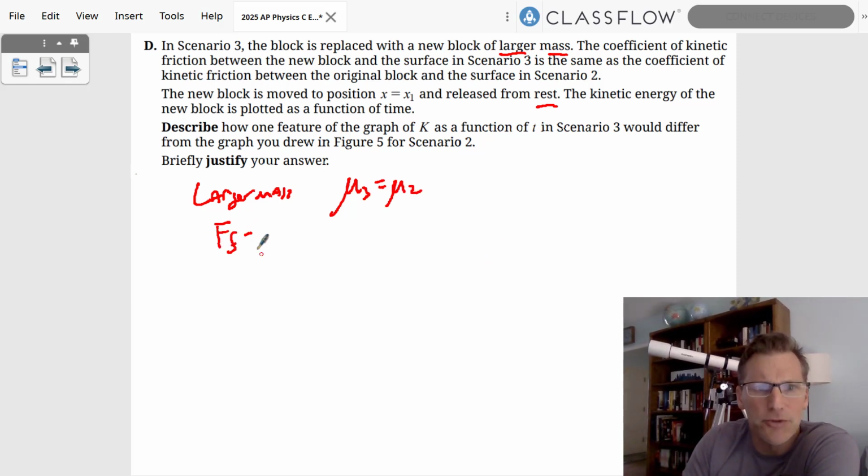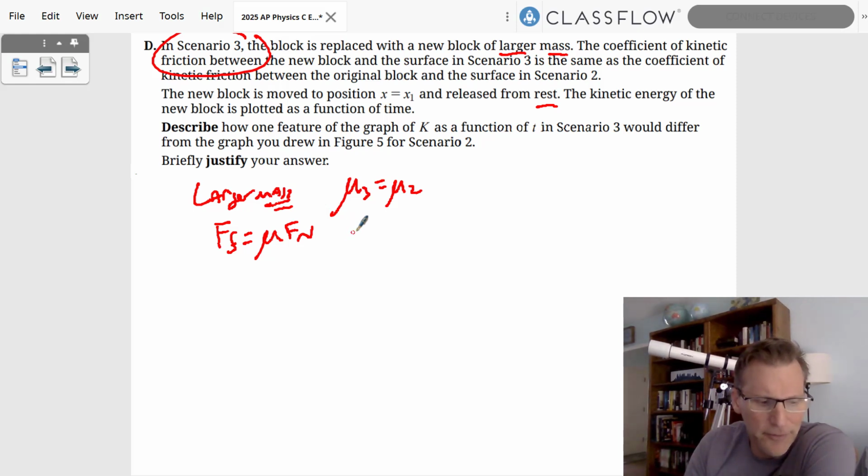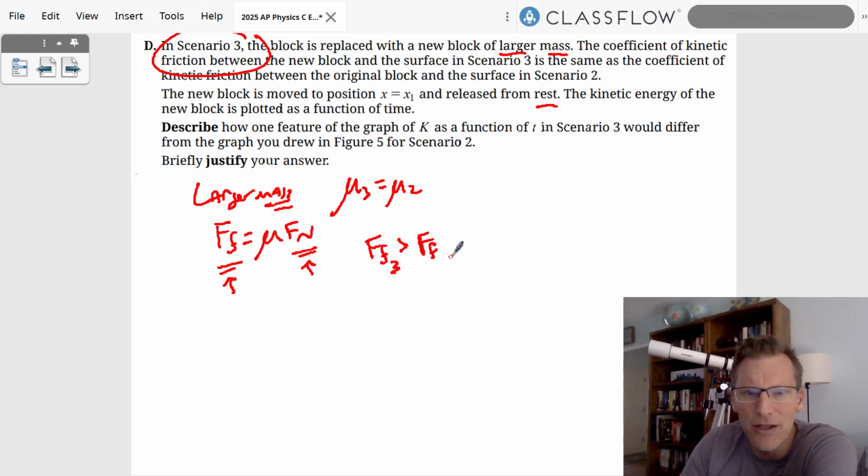And force of friction is equal to coefficient of friction times the normal force. Since the mass is increased in scenario 3, the force of friction is going to be greater as compared to scenario 2. Because the mass is greater, the normal force is greater. If the normal force is greater, the force of friction is going to be greater. And since the force of friction is greater in scenario 3 compared to scenario 2, there's going to be more energy that is dissipated